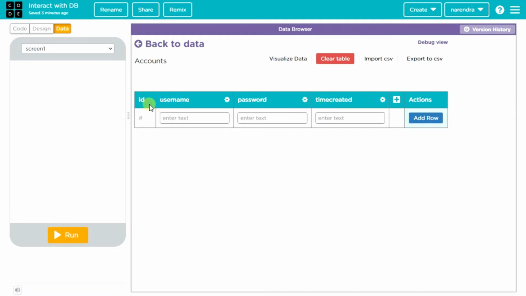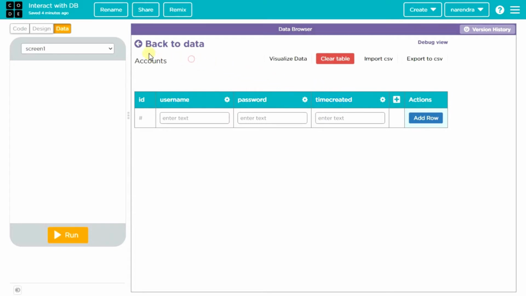This ID will keep increasing for every record you insert. Automatically this value will be assigned, and you have to get the username and password values from the user. And for time created, we are going to use a predefined function to automatically store the timing information. So far we created a table called accounts with 3 columns: username, password, and time created.